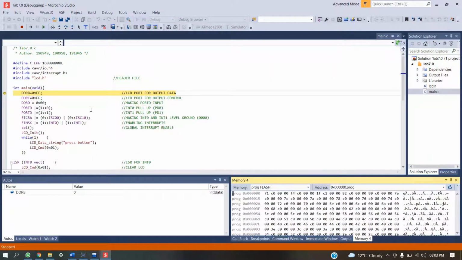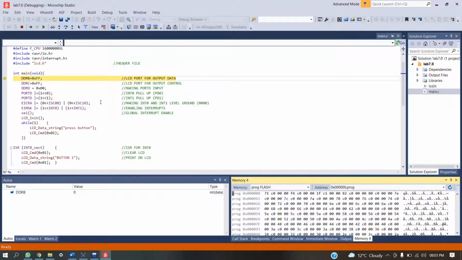So this is the main file in which we have considered port B as output port and port C as output port, and port D as input port. Then we have pulled up the registers for our interrupts. We are using interrupt 0 and interrupt 1.